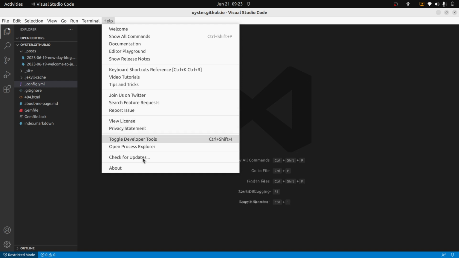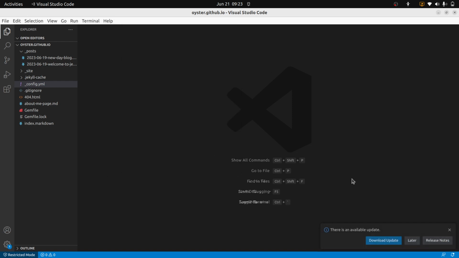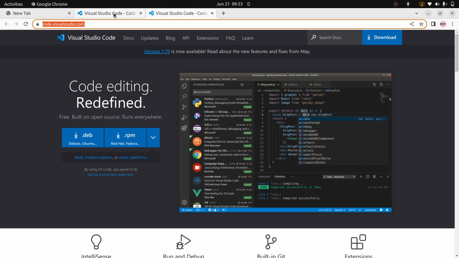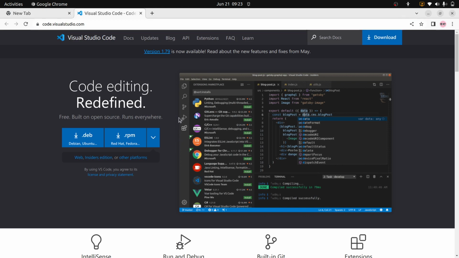You can see here check for update, right? Or you can click this check update. You will see this download update. Both are the same link, so you will open the same link. So go here and check that update. Here you can see mine is Ubuntu. It's a Debian flavor, so